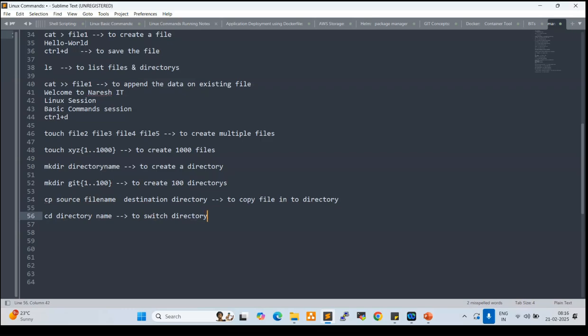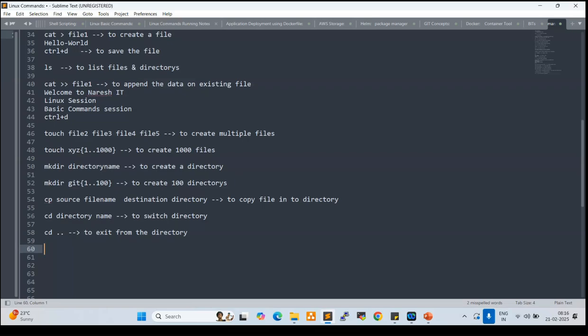I provide you running notes, nothing to worry. Next, if you want to exit from the directory, cd space dot, to exit from the directory. Right? Next one.